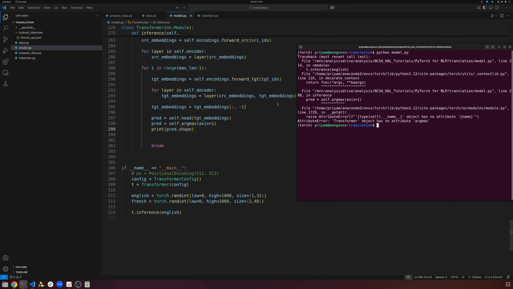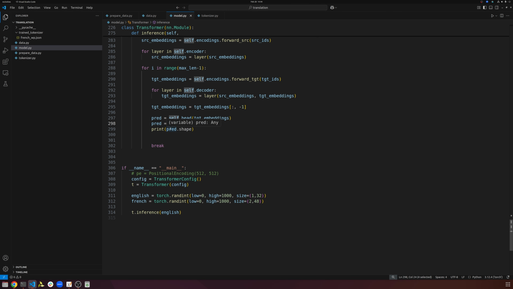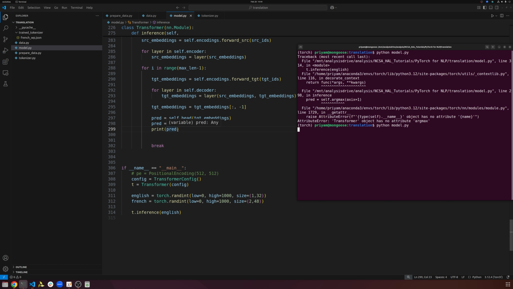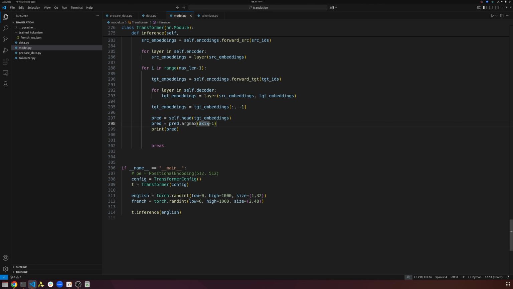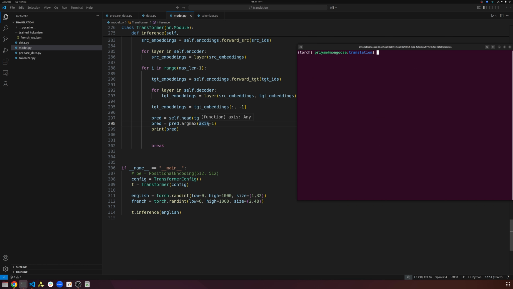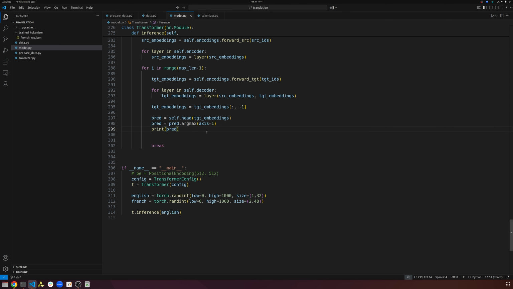So this should be our has no attribute. Oh, shouldn't be self. It should be pred.argmax. Sorry. And actually, we can print out pred. So in this case, obviously this model has not been trained. Axis. There we go. This model that has not been trained has predicted token 21,422 as the next token, right? Now, the thing is that if we look at our print